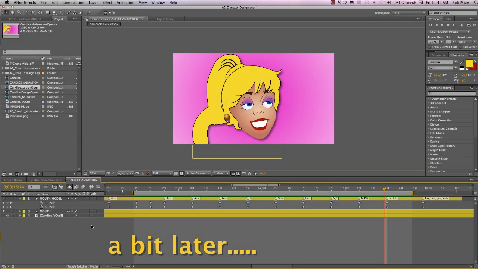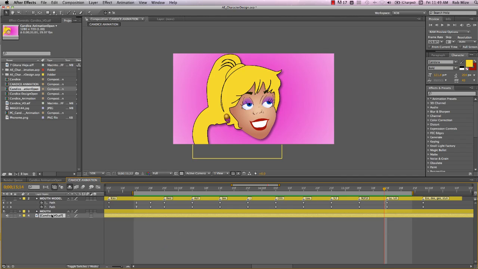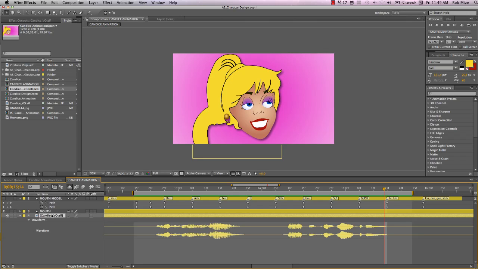Okay, I took a bit of a break there, and I've come back, and let me offer you a slightly revised method of animating this mouth shape. First, I'm going to hit LL to reveal my waveform, and there I can actually see my audio. So let's quickly preview that audio. Wishing you all happy compositing. Okay, well, we're all familiar with that phrase, and we can use these waveforms to help us determine where to